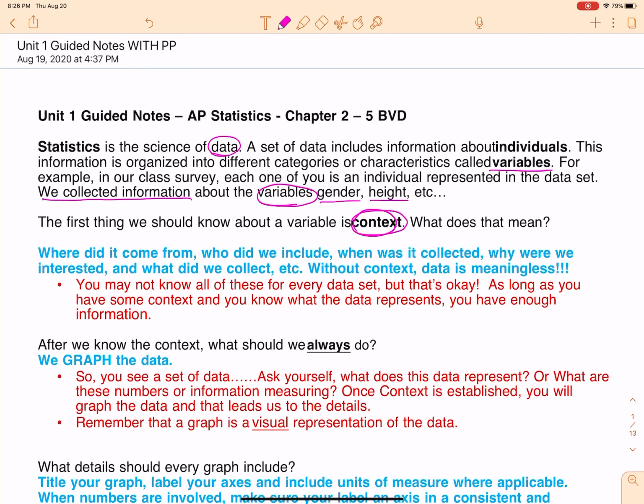For instance, if I were to give you the spreadsheet and there weren't any headers, it would just be a bunch of hooey. It wouldn't make any sense to you. So you need to always find out what your context is. Now, of course, if you've taken an English class, which you all have, you know the who, the where, the when, the what, the why, all of that fun stuff. You don't need all of those, but you do have to have some kind of context for your variables and for your information. Otherwise, the data you collect doesn't have any meaning whatsoever. If I just throw some test grades at you and say, look, some numbers, you're like, oh, neat, teacher. Anyway, so we have to have context.